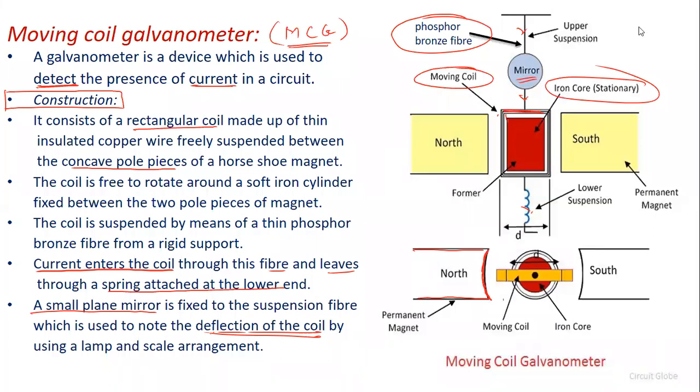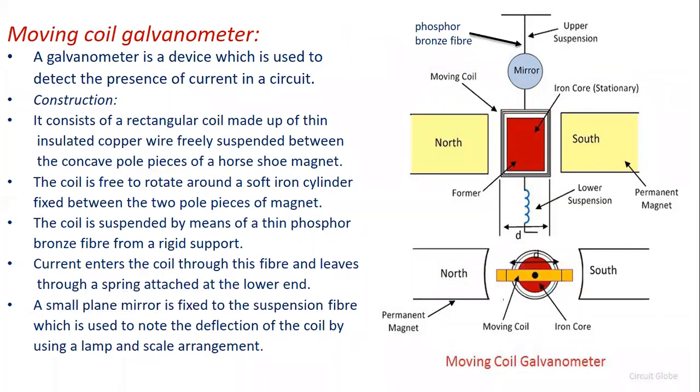So why are we using this radial magnetic field, or the concave pole? The reason is, if the coil is displaced, let me show another position of the coil. If the coil is displaced and the new position of the coil is this, that time also the magnetic field does not change. Because of that we are using these concave poles. The concave poles produce a radial magnetic field and the coil is moving inside the radial magnetic field, that you note here.